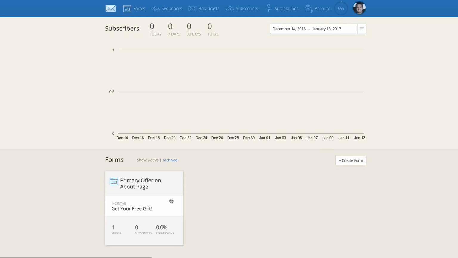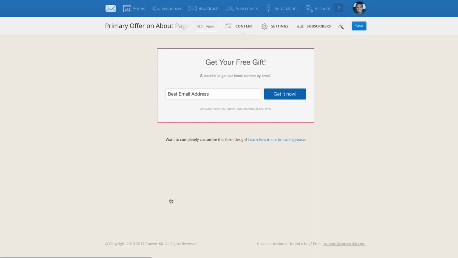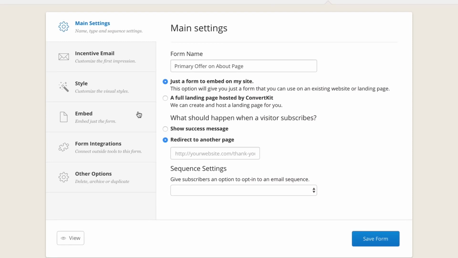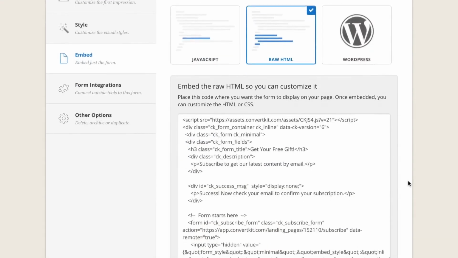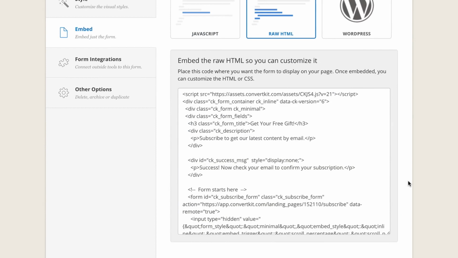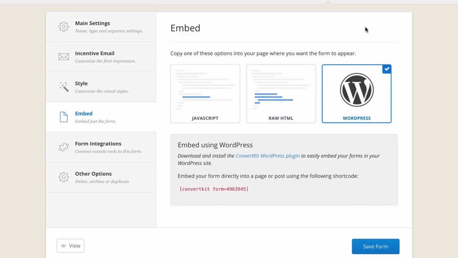Now, I want to go back and edit, or actually select, one more thing here in this form. So I'm going to click on that, and you'll see the form there. I'm going to click on Settings one more time, and I'm going to go to Embed, because now we're going to take this code and place it on our website so that we can see this form and then get our first subscribers. So you can do this in a couple of ways. You can do it using the JavaScript code, which you can then copy down here and then put on your website. You can get the raw HTML, which some more advanced people like because they want to change a few things and style it up a little bit more. Those are for people who are a little bit more technical. And then finally, if you have a WordPress website, ConvertKit has a WordPress plugin, which makes this even easier for you so that within